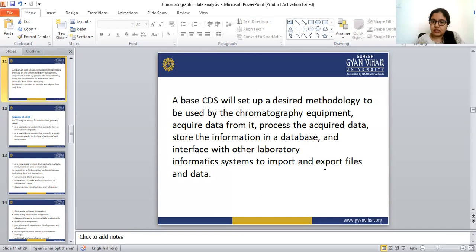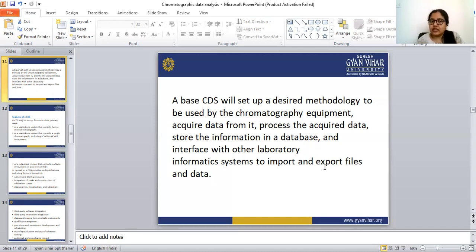After collecting the data, we can process the data with the help of the CDS. After that, the CDS will help us to store all the data and information in a database.